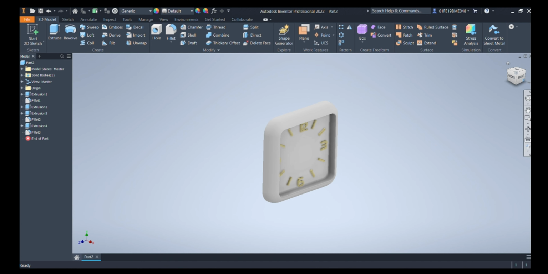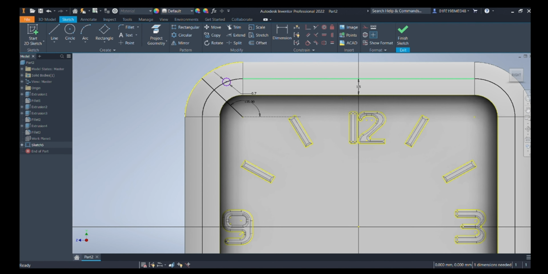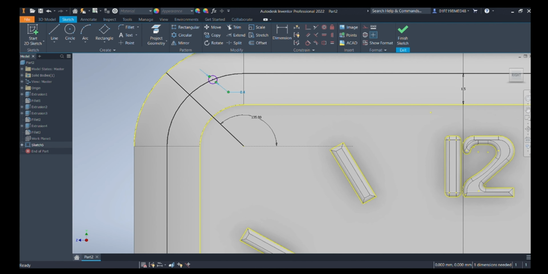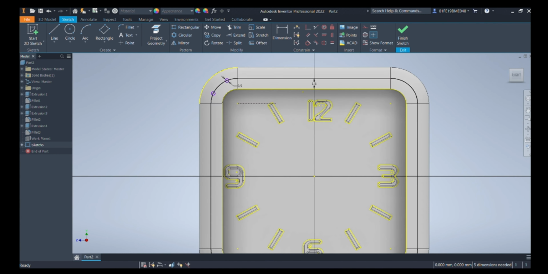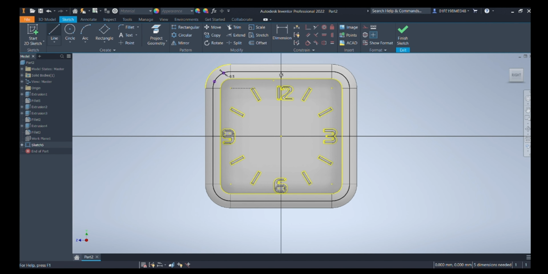Then we will select two circles, around 1.2 or 1.7, slightly decreasing the number to 0.4, then taking one more or mirroring it by the line itself. Yes, we will be getting one more circle.